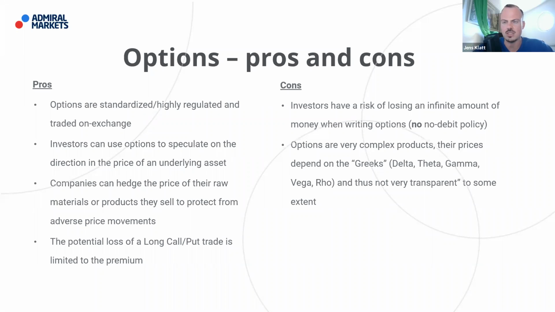So you look at a CFD price, you see the reference market, the future, and you can see, okay, obviously it's a fair price. Once you trade an option, especially an OTC option, you don't really know whether the price is fair or not. And in regards to transparency, this is a big plus of CFDs in comparison to options, even though options might deliver some quite interesting structures or payout profiles, which usually are very, very individual and can help to create a profile which perfectly suits your investment profile. But you pay a price for this in terms of transparency, especially if you do not know what you're doing.